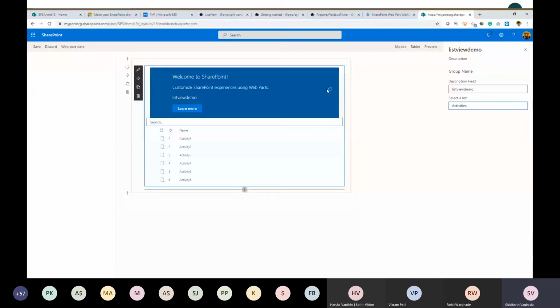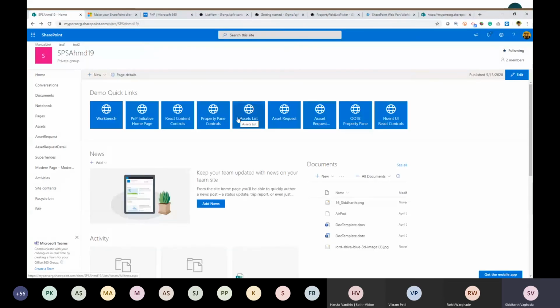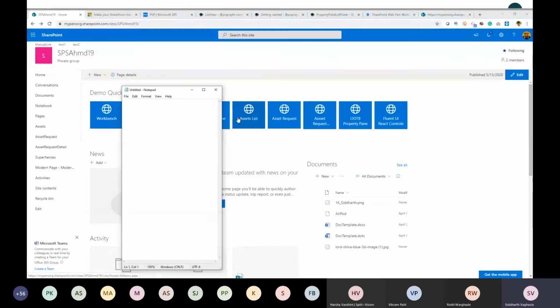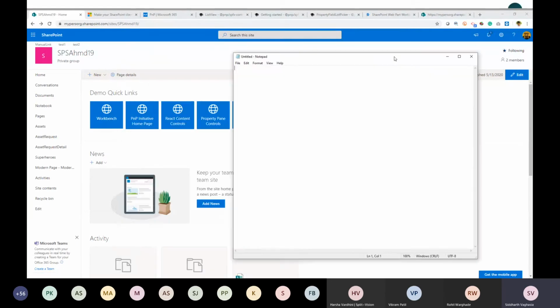Before going into that, I just wanted to explain a business scenario for the demo we are going to see. Consider you are developing an asset request management for an organization where a user can request assets. Typical assets can be a computer, a device, a phone within your organization, which maybe your employee wants to use for testing purposes, and you want the user to create a single request for multiple assets, right?